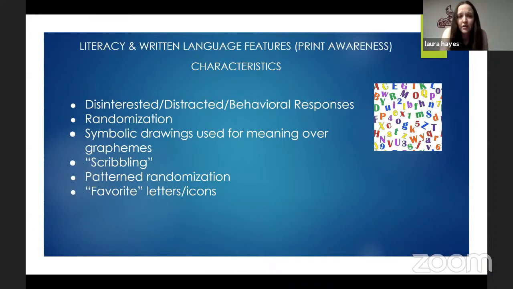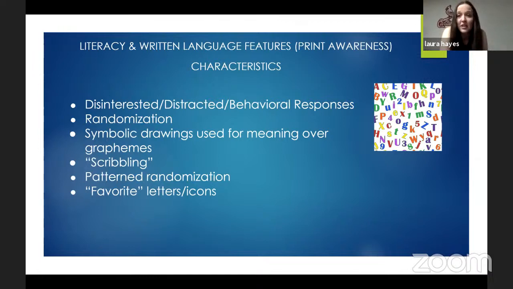What can this look like for kiddos at this level? Like Wes, very disinterested, distracted, behavioral responses, slapping at the keys, perseverating on a certain key. I also call this the squirrel stage, where you're trying to teach them an activity and then it's squirrel. So they have a very limited attention span and then they might come back. But as you saw with Wes, it doesn't mean that it wasn't for anything. He still got something out of that activity. Very random